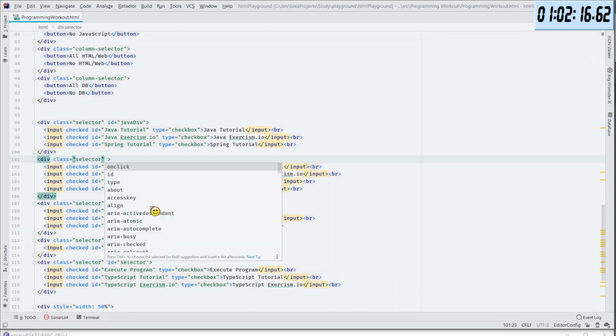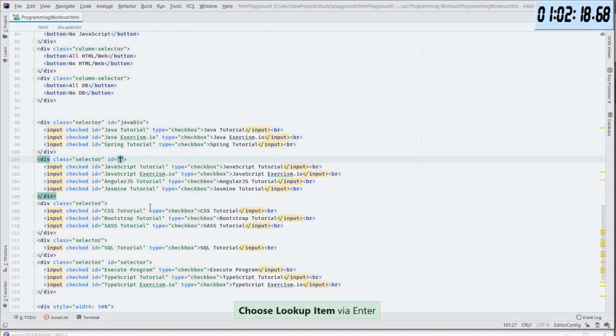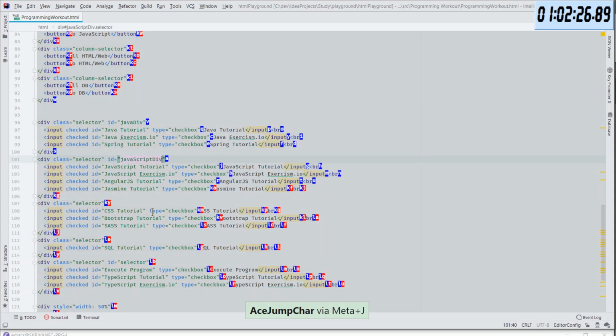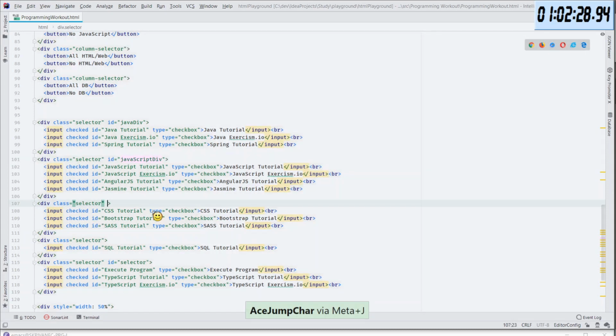So for these diffs, ID, and this will be JavaScript diff, and then we will have here the web HTML diff.